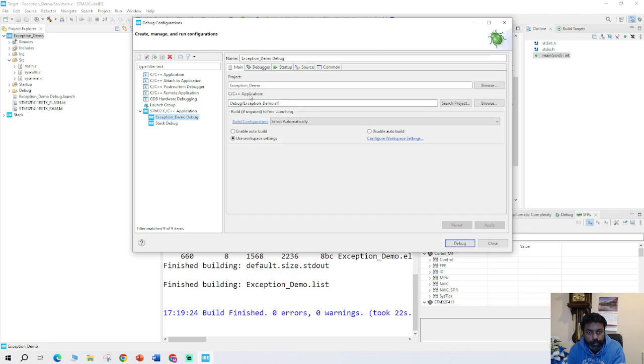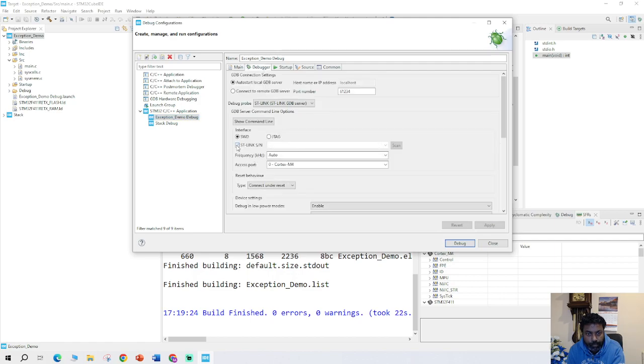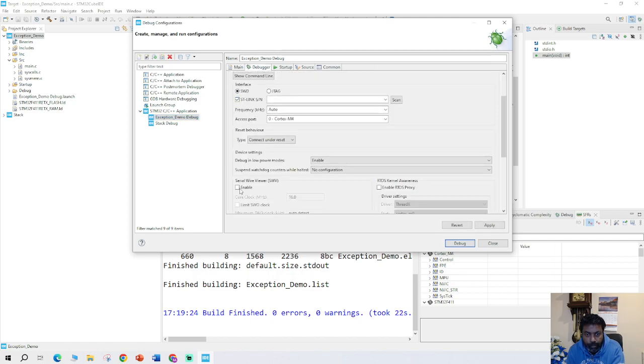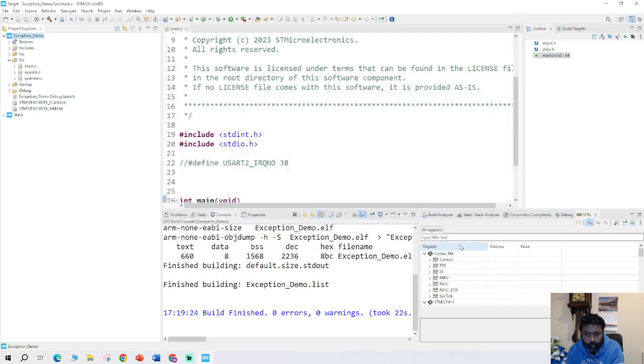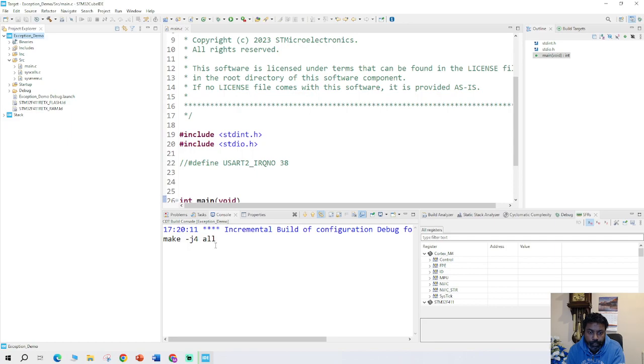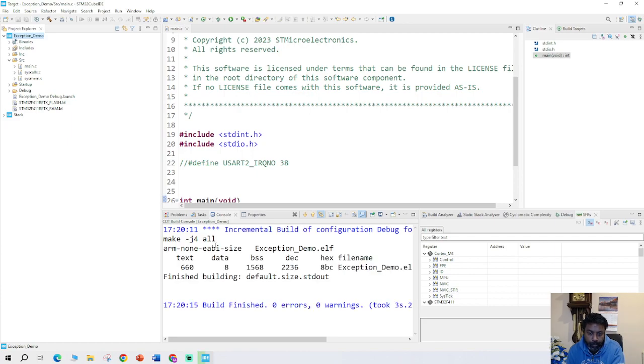Make sure in the debugger you enable the ST-Link, then click apply and then debug. This will change from the C perspective to debug mode, which is what we want to learn about this program,